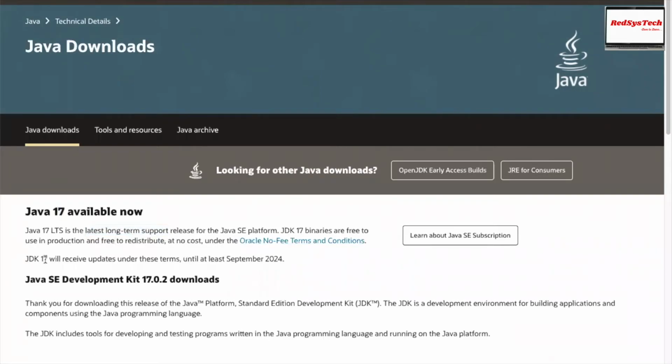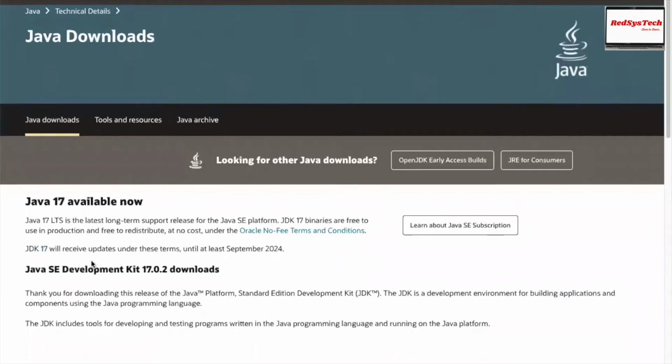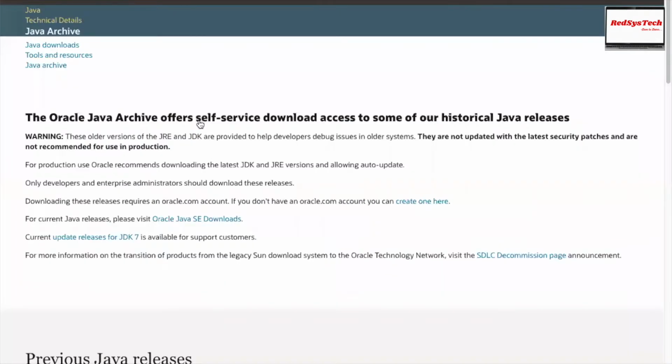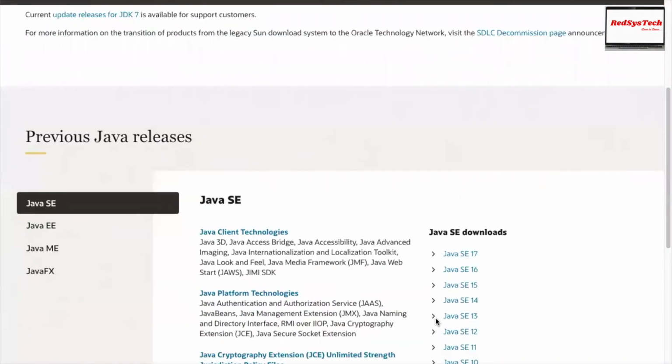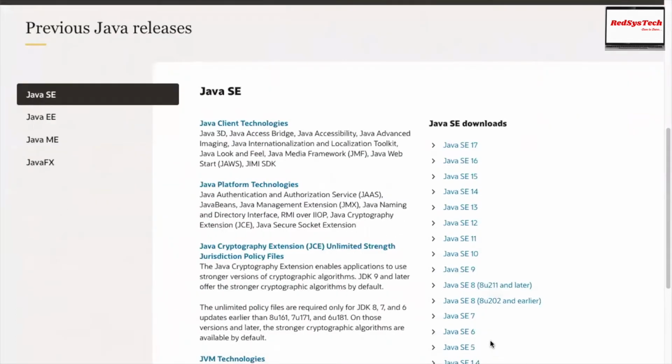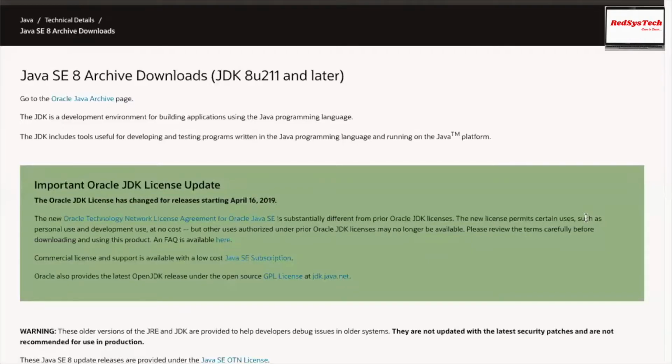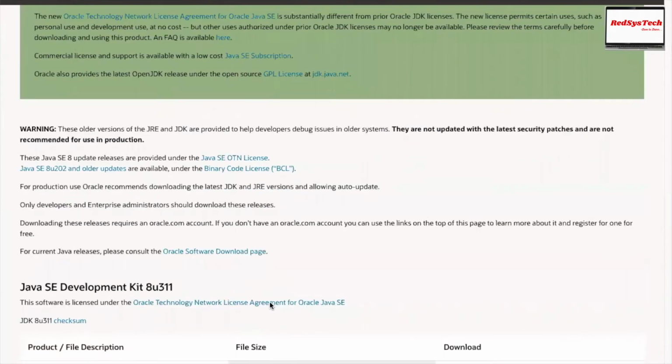Though we have JDK 17, I have a lot of concepts which I'm going to talk about in the upcoming classes, where I'm going to start with Java 1.8. Why are we learning Java 1.8, even though you have Java 17 right now in the market? What you can do here, I would strongly recommend, is go to the archive, where you can see the previous versions of Java, probably this one. Yeah, if you see here, Java SE 8, which is standard edition, you can download here.